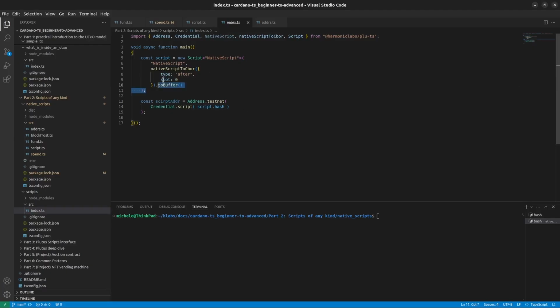So now that in the previous video we had a look at how to construct a new script using plu-ts, we had a look at the interface of the script constructor. We see that we need to specify what kind of script we are building. We have native scripts and we have plu-ts script. I think we can now move to something a bit more fun and play a bit with native